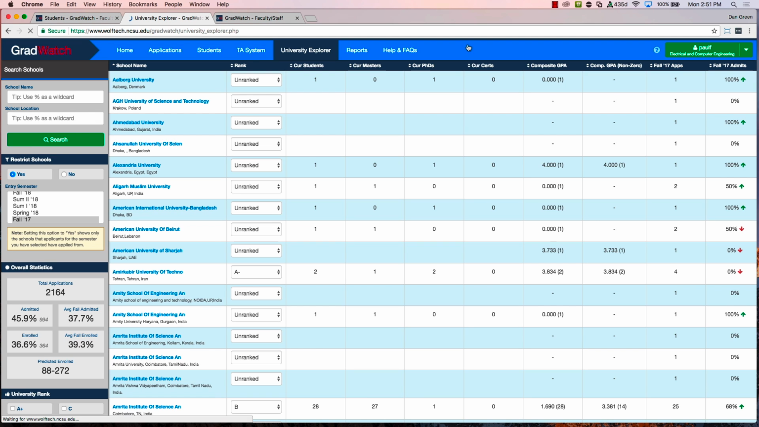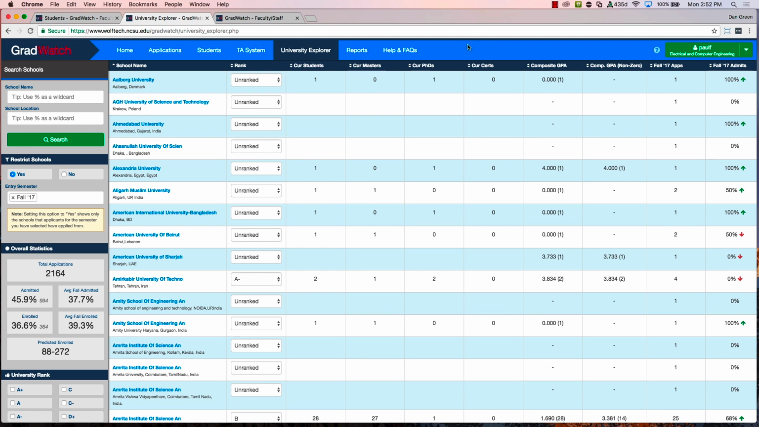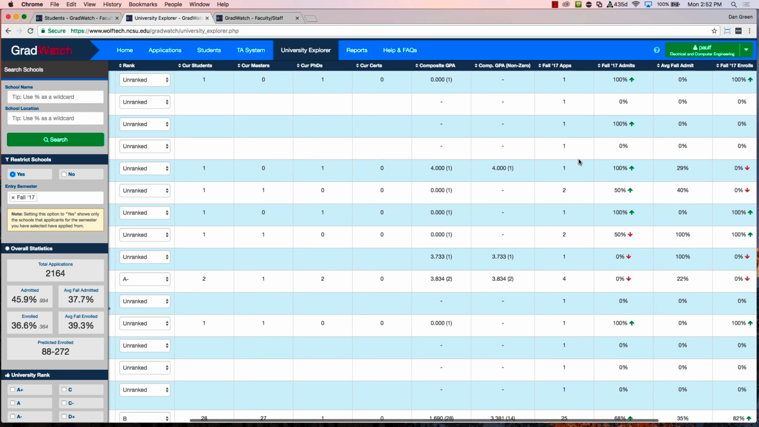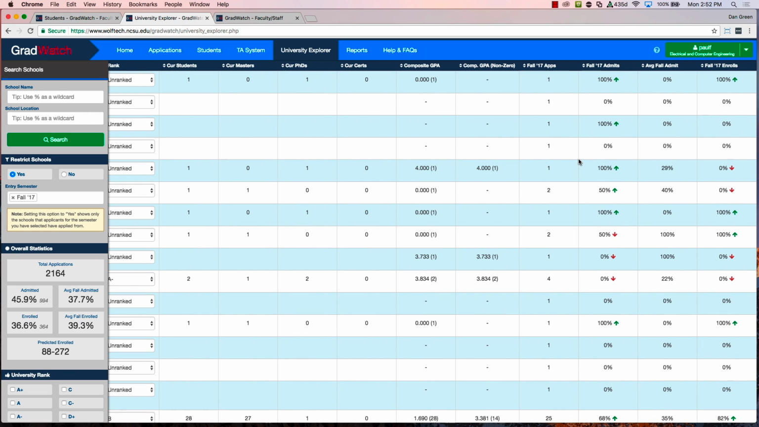University Explorer is where we show you all the different places that you're getting applicants from, showing you how many students you currently have from them, the total number, how many of them are masters, how many are PhDs or certificates, the composite GPAs for the current students. The idea being you can very quickly see how they've been doing. The number of applications you have. And then we've also, on the left, you'll see